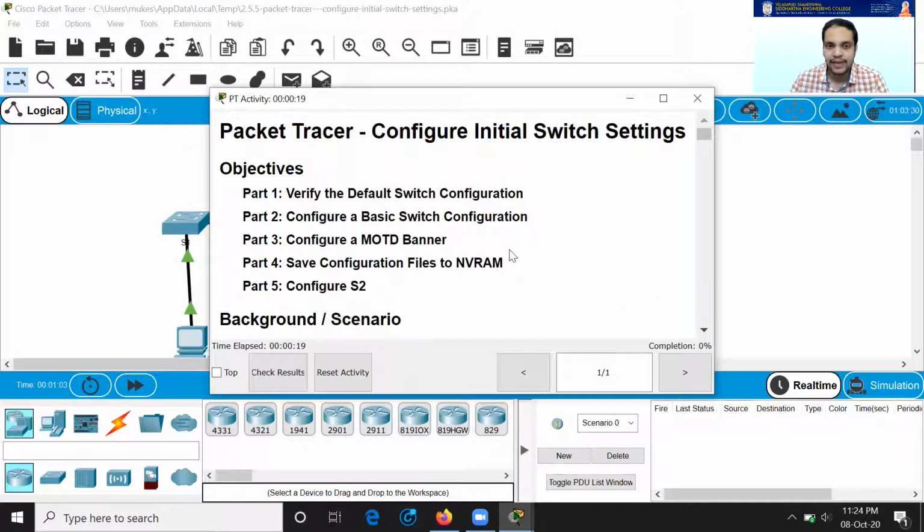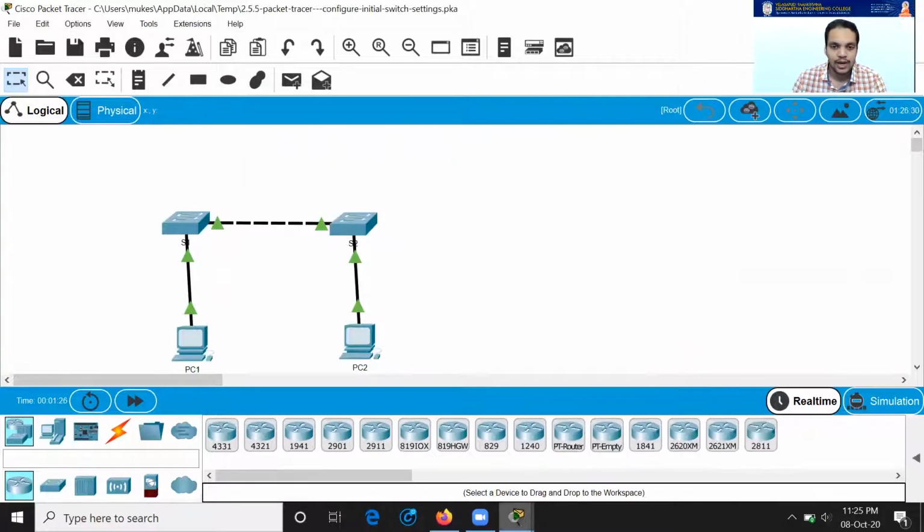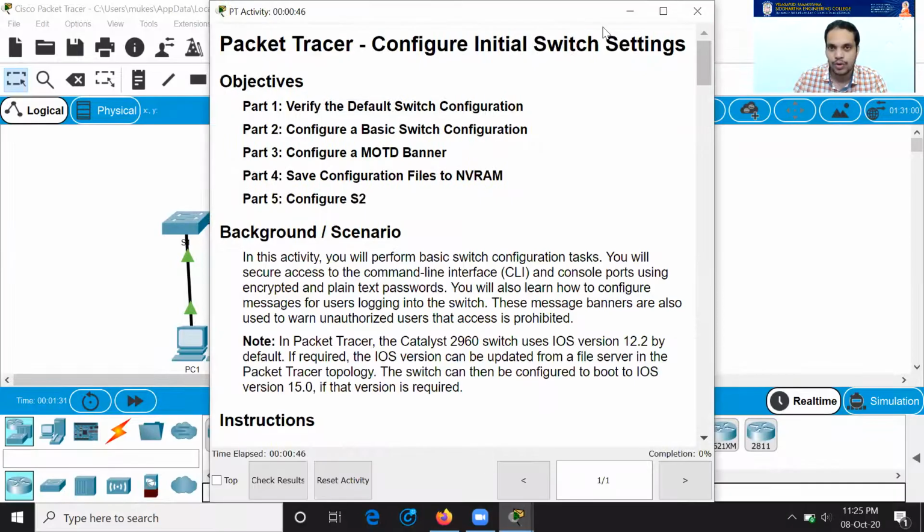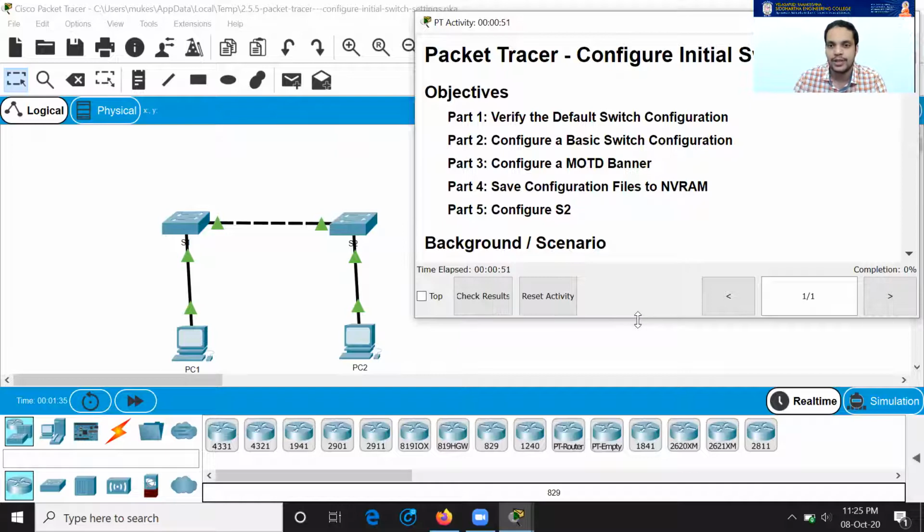The only difference between the last Packet Tracer activity and the one we are going to discuss today is the completion indicator over here. It shows 0%, which gives you information on how much you have completed and whether anything is left. I'll also show you how to check yourself and make sure you have completed each and every step. And as usual, I want everybody to please keep this window on the top side itself, so that it becomes easy for me when I am scrolling down.